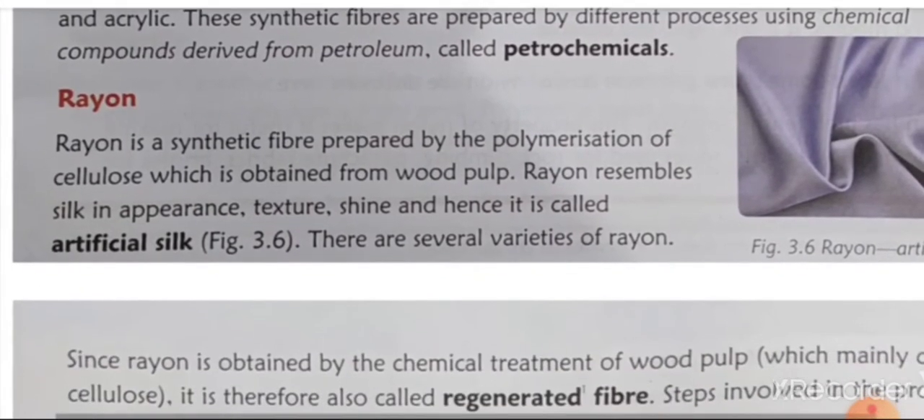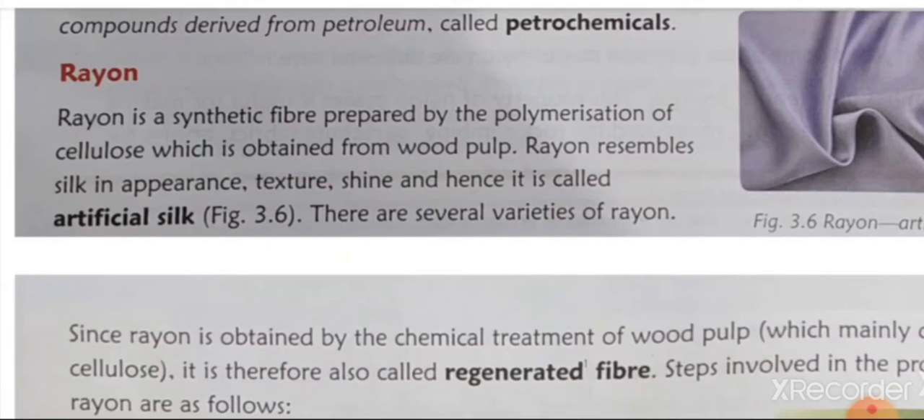Rayon, you can see in figure 3.6 which is given on the right hand side, comes under artificial silk. Rayon is a synthetic fiber prepared by polymerization of cellulose. Polymerization is the mixing of n number of monomers that will form a polymer. This process is known as polymerization. Polymerization of cellulose. Cellulose has only one type of molecule, which we have seen just now,